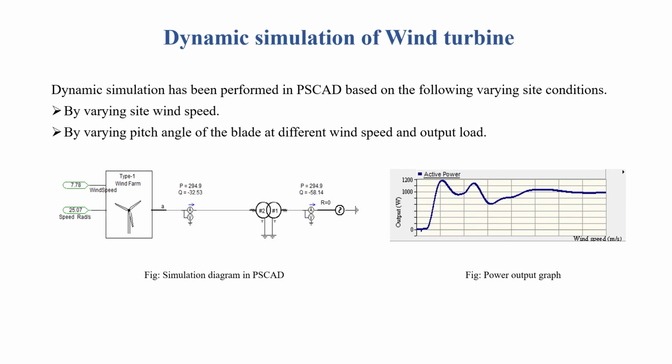On the right side, we can see the output power curve from the system in variable wind speed. After changing different combinations of variable values, we were able to get the output of 1 kilowatt from the wind turbine. We got the value at the wind speed of 7.78 meter per second and the pitch angle of 0.75